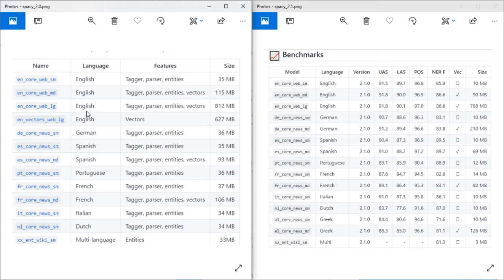So you guys can see. Let me show you guys. For Portuguese, the jump was from 36 to 12, an improvement of 3 times. So you guys can see from the multi-language, 3 megabytes. That's a huge improvement. I don't know what's going on here, but it's a huge improvement. For French, 37 to 14. So you guys can see that this has been a huge improvement, at least 3 times with the small packages,